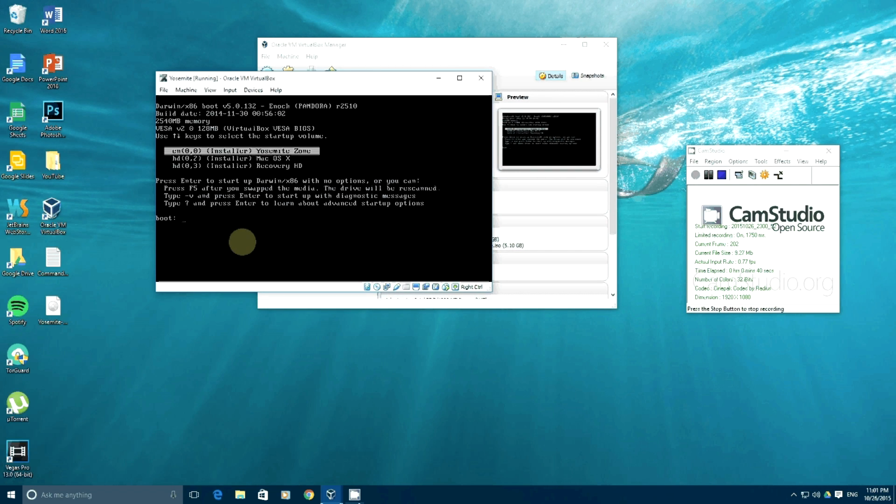Okay, now once you get to this screen, there's a couple of things you're going to have to type out. You're going to have to type out -s, space, -v, -n. Another thing you're going to want to do is select this Mac OS X, because you don't want to have it on the Yosemite zone. You want to have it on the Mac OS X, which is the one we just did. So once you have these three selected,